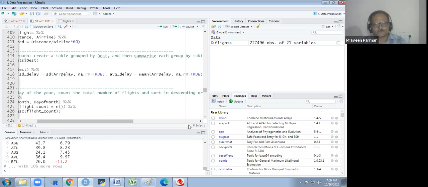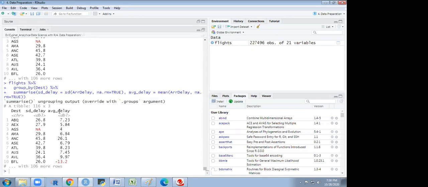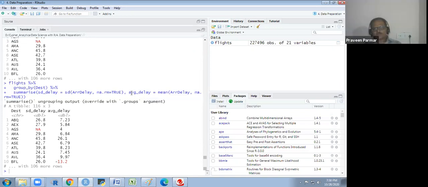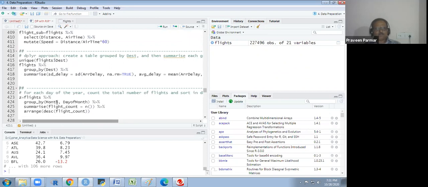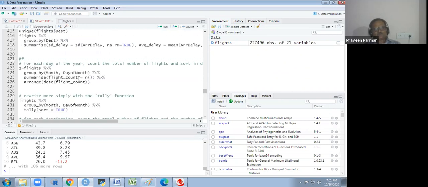Okay, it's working. It's working. Thank you, sir. Okay. Generally, we have to just put the comma because we could not take another summarize. If we have summarize here, the number of rows will change. It will not apply later on in the summarize. In the same summarize function, we have to apply it. Okay. Average delay, standard delay, and whatever you could put there. Okay. So we could do it in this way also.